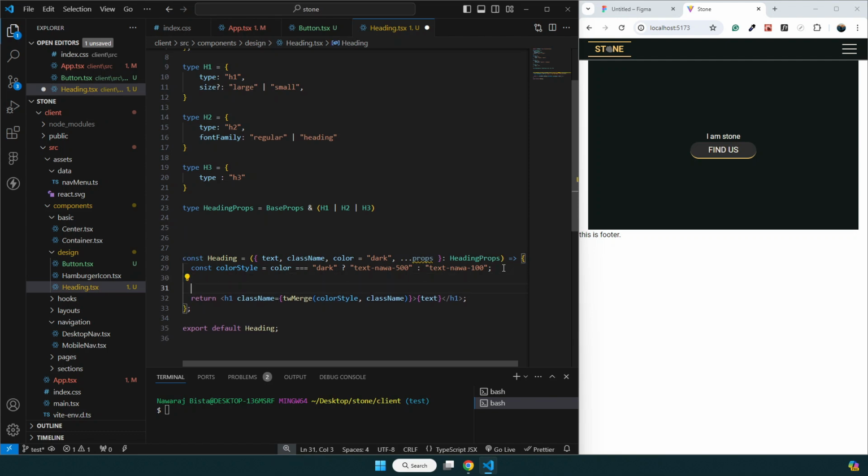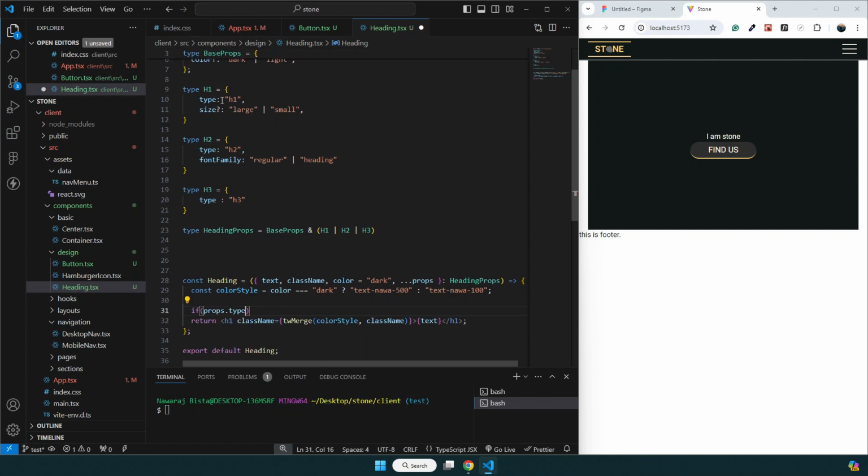Now I have to come over here and type check it, right? So if props.type... Everything has a type, so this one also has a type, this one also has a type, this h3 also has a type. So that's the reason I provided the type over here, right? Okay, and if prop type